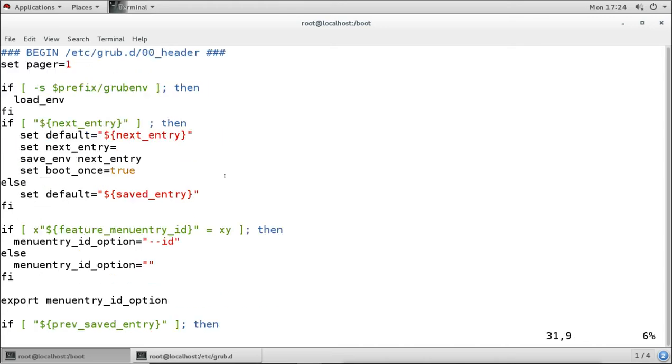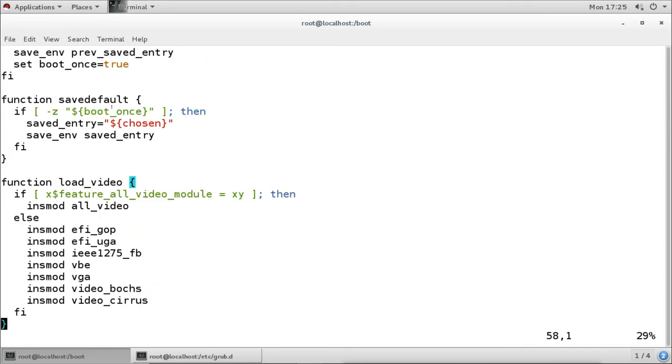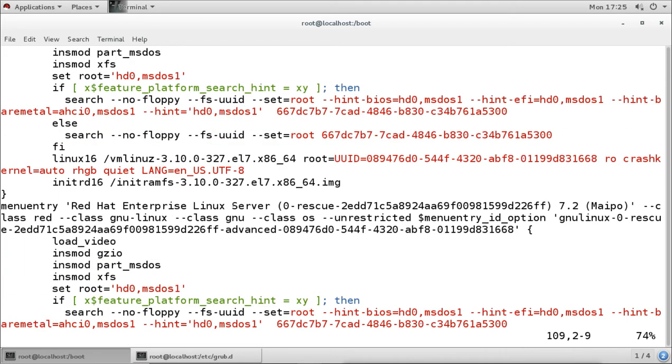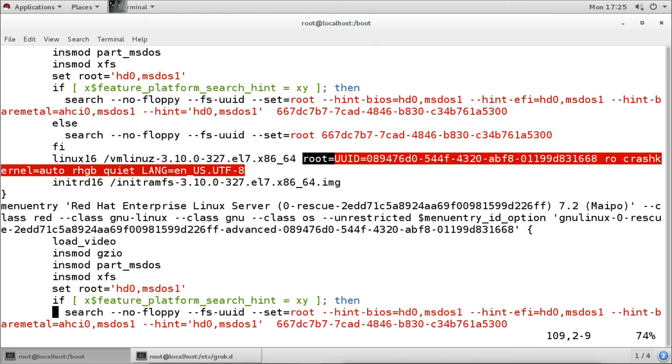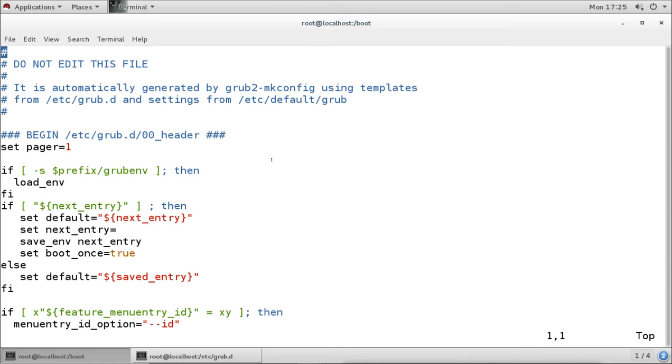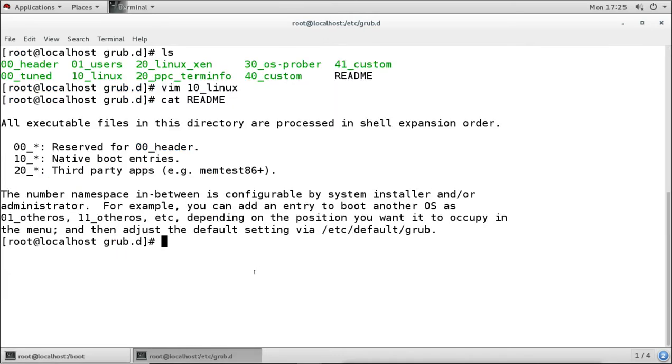We can change, for example, if you want to change the time, if you want to add or remove some options with the kernel, so if you want to add some parameters with the kernel, then you can add it here, or if you want to remove some parameters, then you can remove it from this file. So this file you can easily understand. So if you want to do some changes, you can do it from there. So for example, I will open the file there, /etc